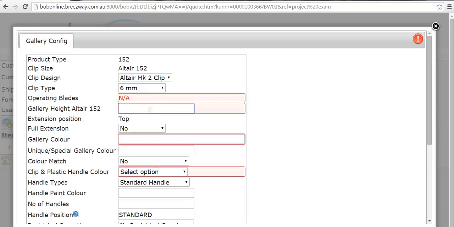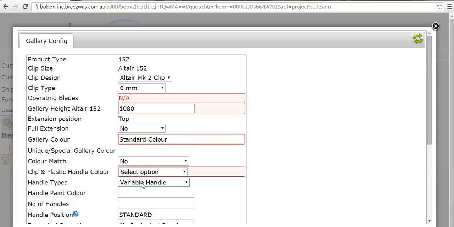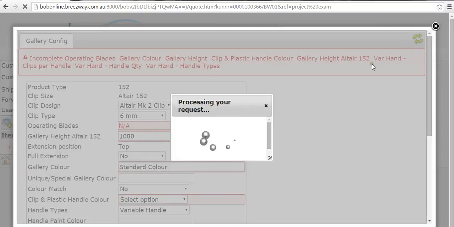So we'll enter in our height, our gallery colour. We'll choose standard today, and we will choose a variable handle. By choosing the variable handle, we will be required to add some additional information. So I'll refresh what I've entered so far,